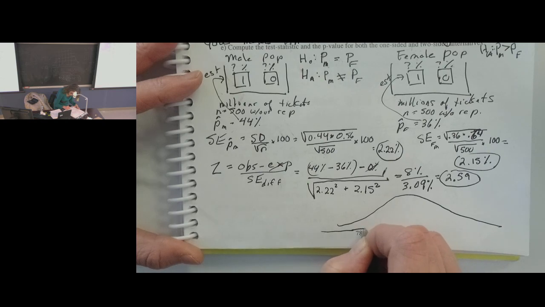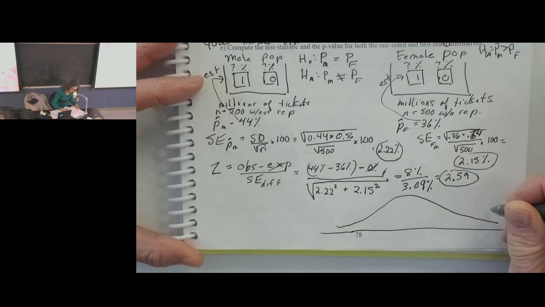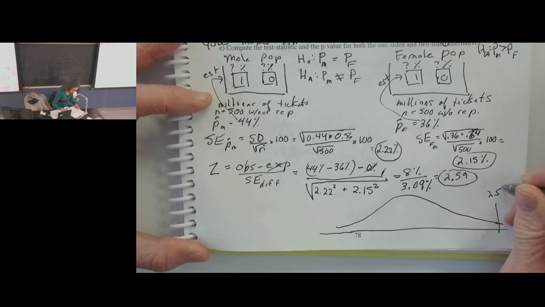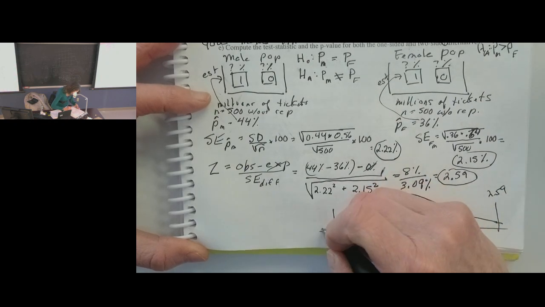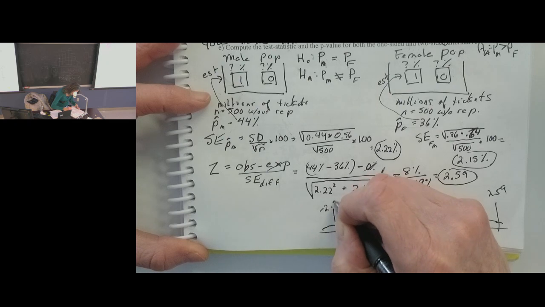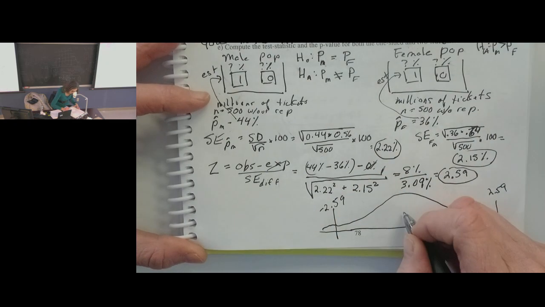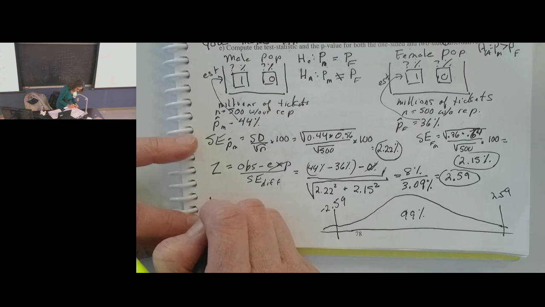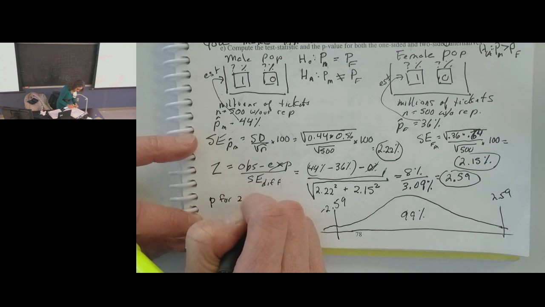All right. And it just boils down to between 2.59 and negative 2.59, we're going to get a middle area. And I got 99% at the back of the book about that. All right. So now we did the P for the two-tail test,